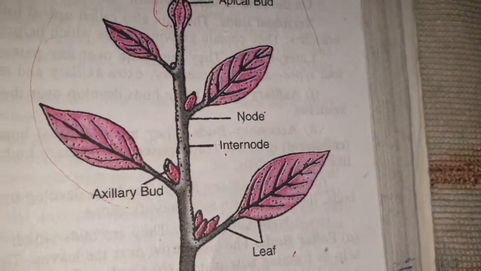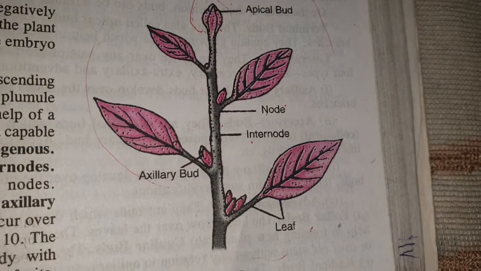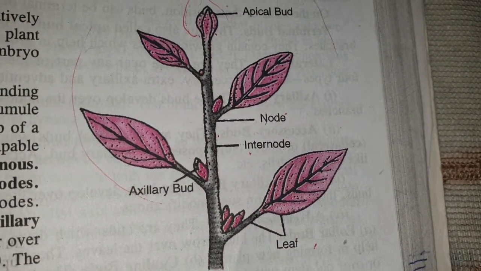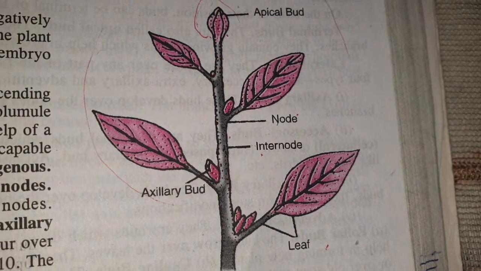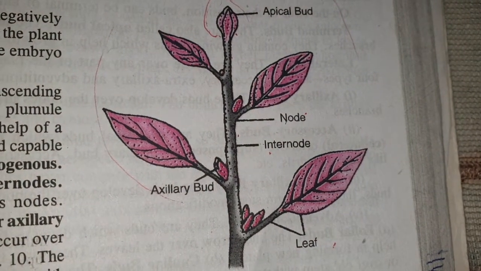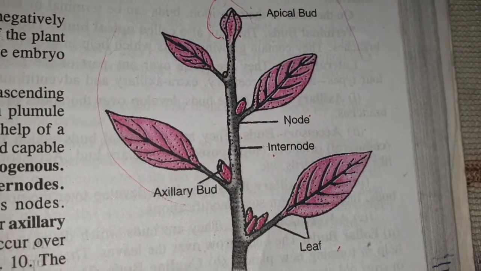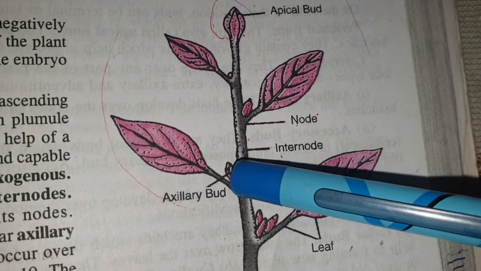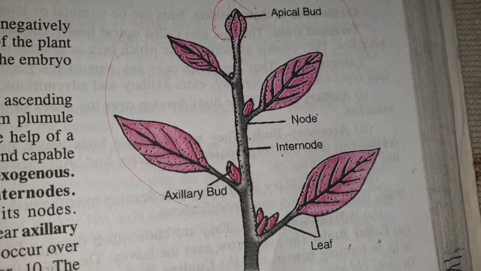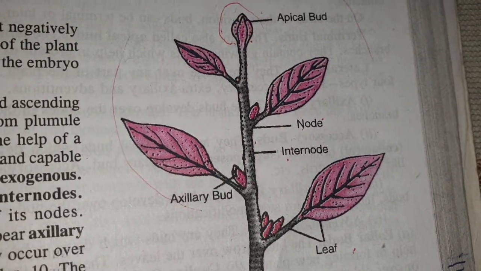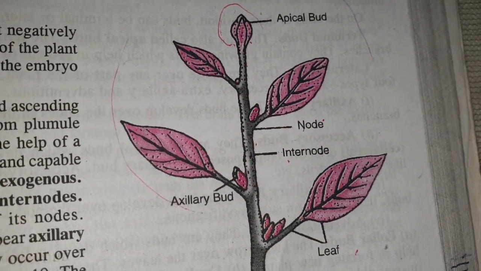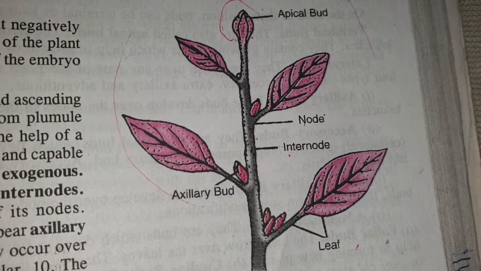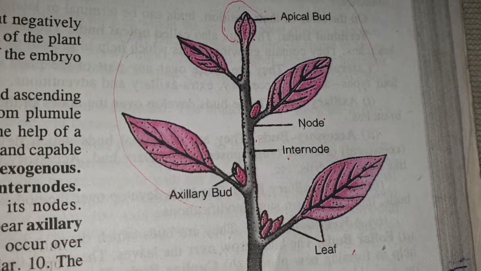Okay, now when we are talking about the stem, definitely we are getting the term called bud, isn't it? So what is actually a bud? Bud is a condensed immature or embryonic shoot which has the power of growing. Okay, that means it has a growing point which is surrounded by immature leaves. So definitely when buds are present, that means growth will take place in these particular positions. And the largest bud that we see is the cabbage. Now you know, all of you are familiar with cabbage. So cabbage is the largest bud.